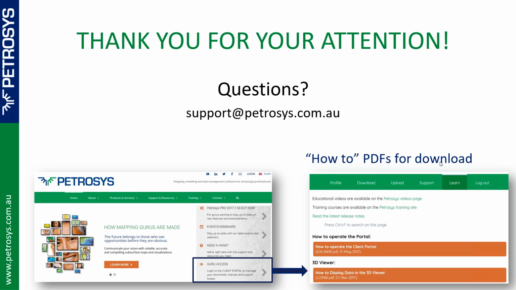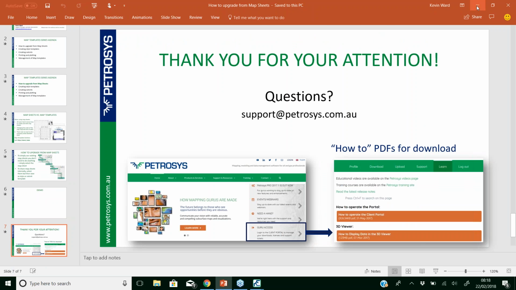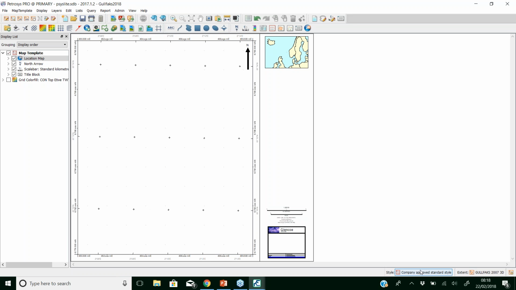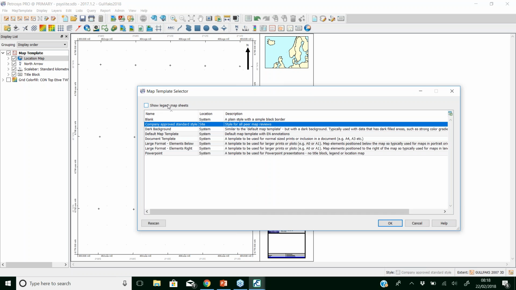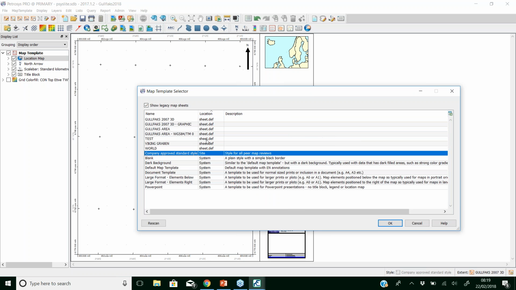Okay, I've got a question here about how or where Petrosys Pro looks for the old map sheet files. That's a good question. Let me just zoom back out of this and I'll just explain that in a little bit more detail. So when you click on this and you toggle on the legacy map sheets, you will see that